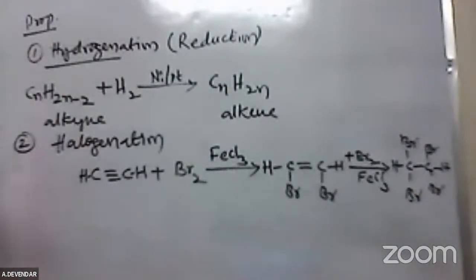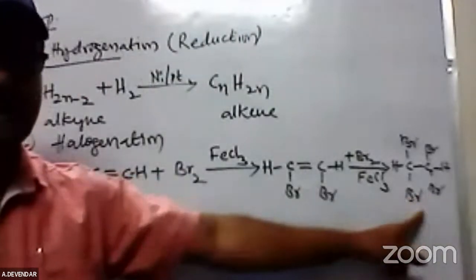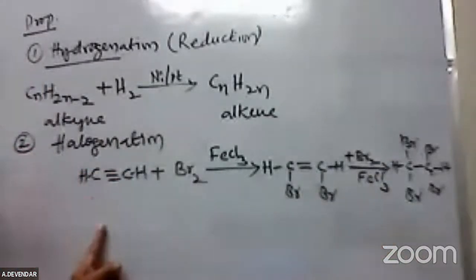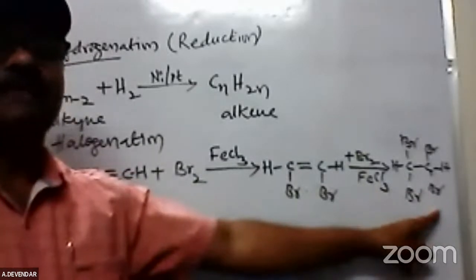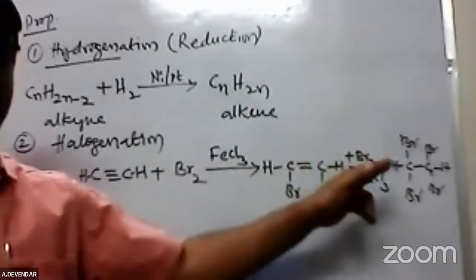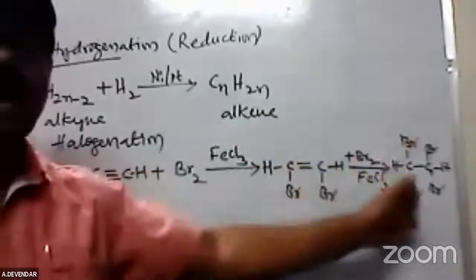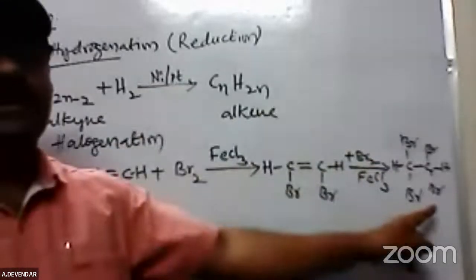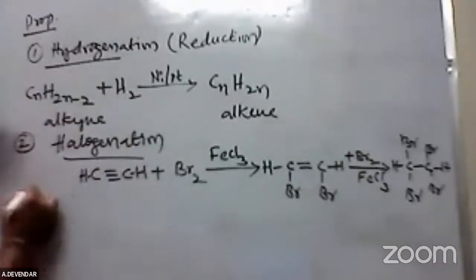See, this is tetrabromoethane. Tetrabromoethane is prepared here for the properties purpose. From this tetrabromoethane, you can prepare the ethylene gas, because you prepare ethylene gas in the presence of zinc dust. With zinc dust, the halogen groups are removed. But here, in the presence of ferric chloride, you again get tetrabromoethane. This is an addition, that is, a halogenation. And the third is